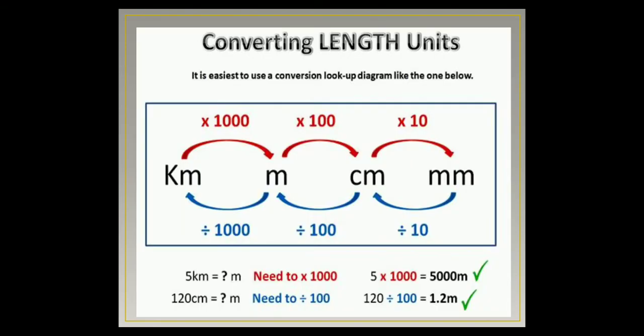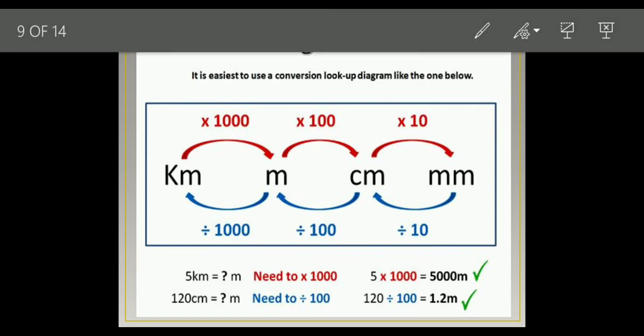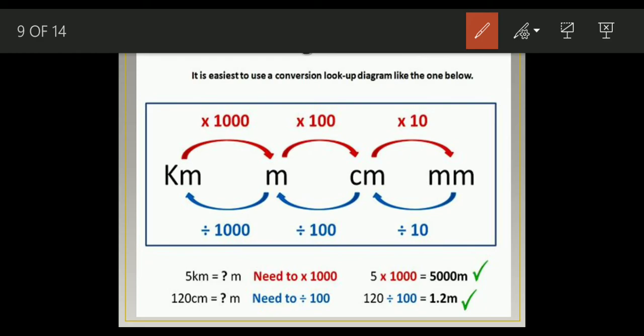Clear? So let me explain step by step. I'll go with length. Always remember, conversion is always between the same kind of unit. If it is meter, it will be in length only. I can't convert meter to gram. So always keep that in your mind. For example, I have the question here: 5 kilometer. I need to convert to meter. First you need to remember the steps. Just write them and keep the units on the left side of your working notes. So from kilometer to meter, I need to find which is bigger. Kilometer is bigger than meter, right? So I need to multiply. Now how many steps do I need to multiply?